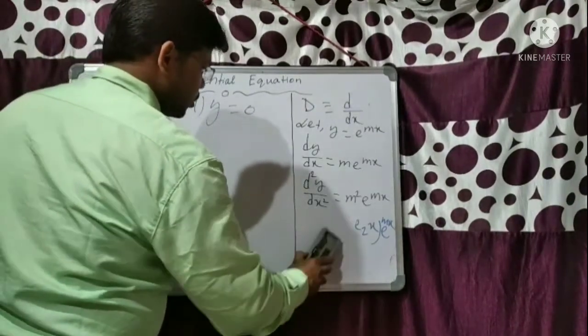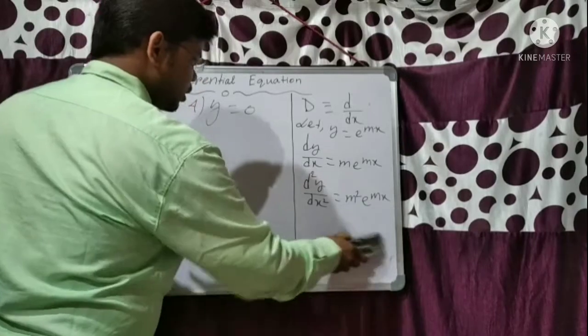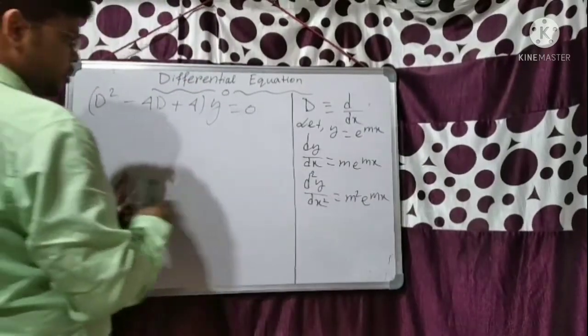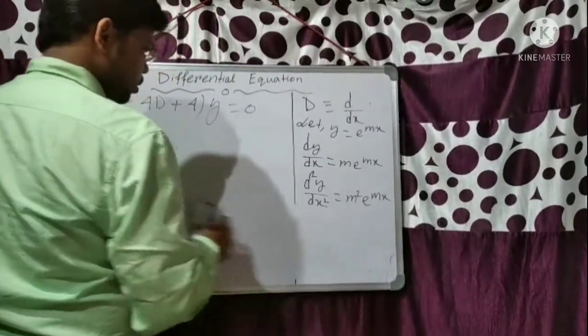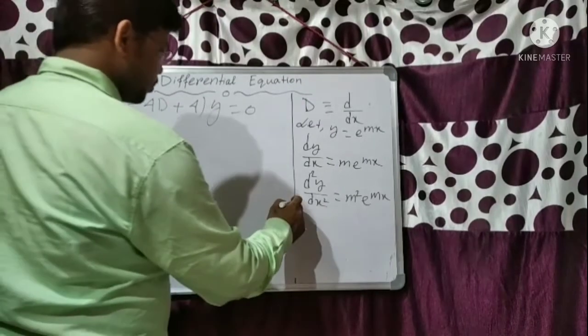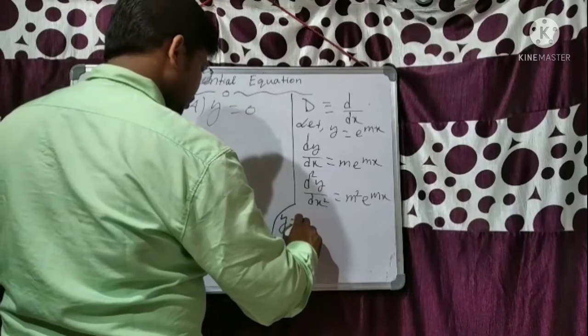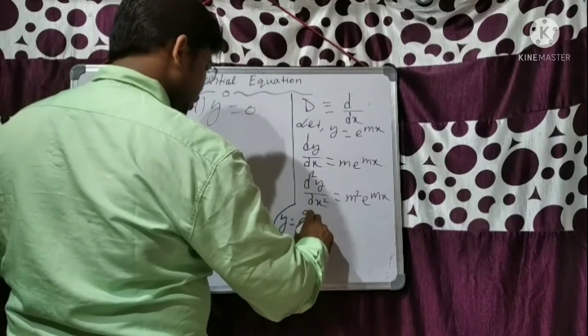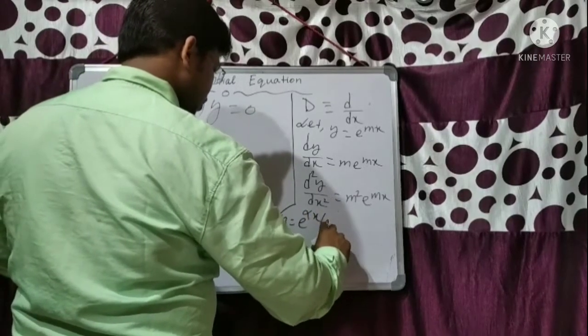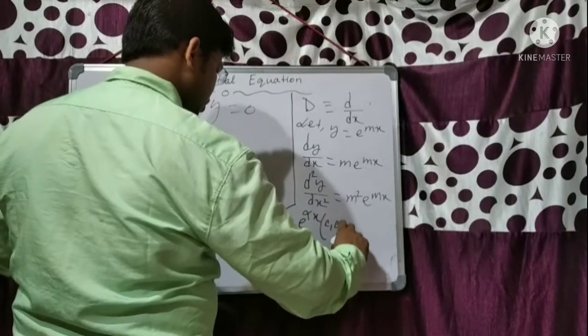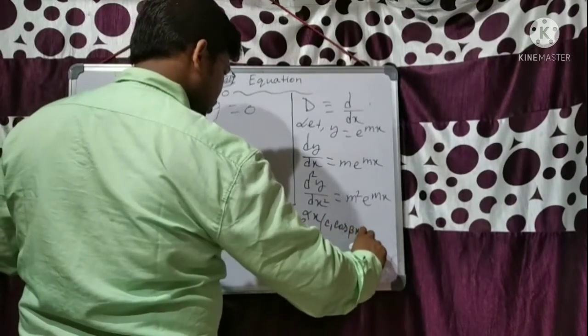Okay. So if the roots are complex conjugate, in that case the general solution will be something different. y equal to e to the power alpha x into c1 cos beta x plus